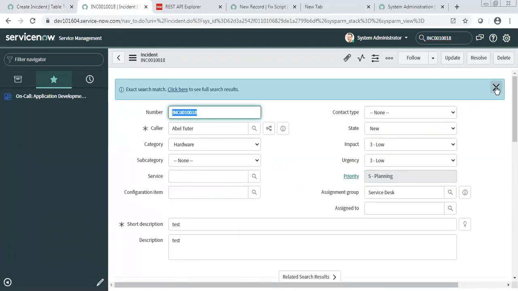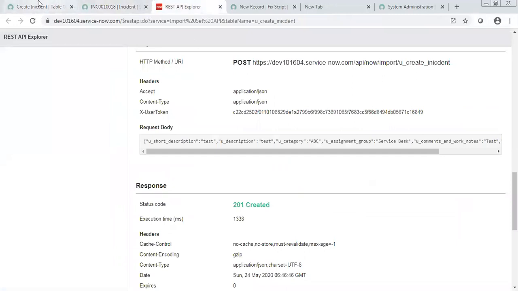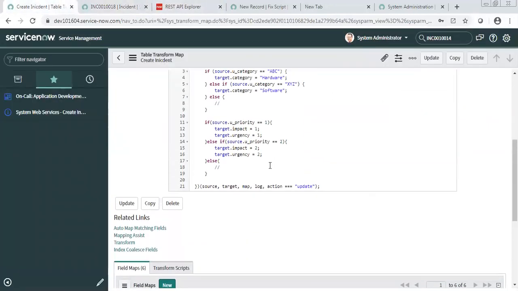I think at the top we don't have any priority selected there.